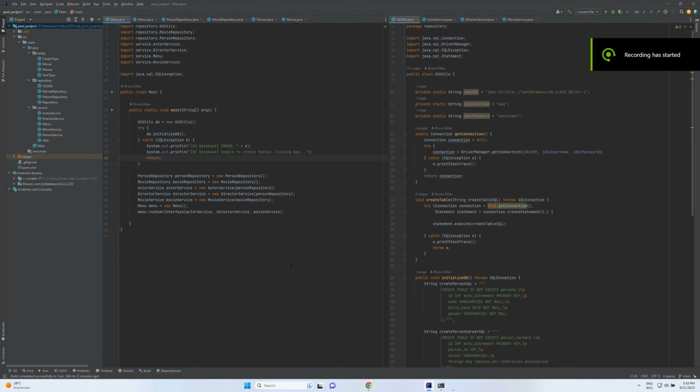So this is a quick overview of the project for the object-oriented course 1. We have a main class here for Java. We have services, repository, and entities. If we run the code right now,